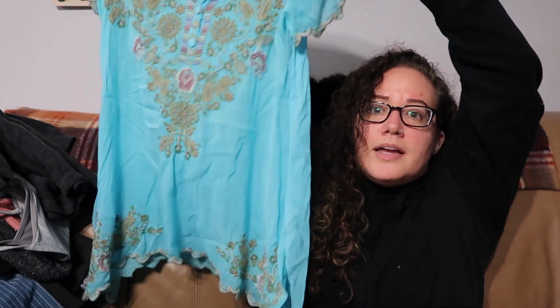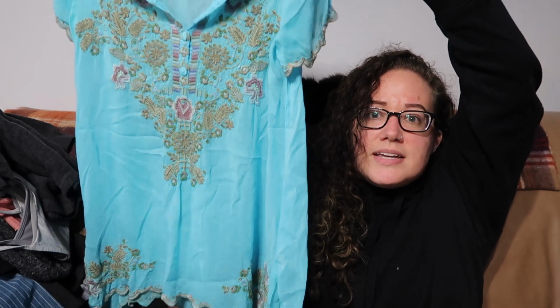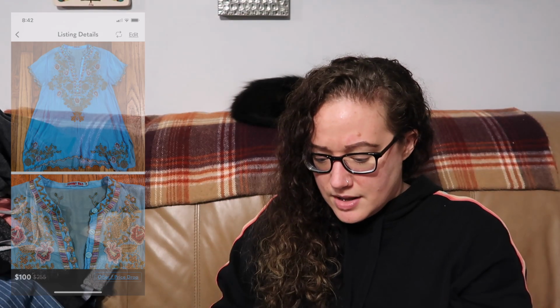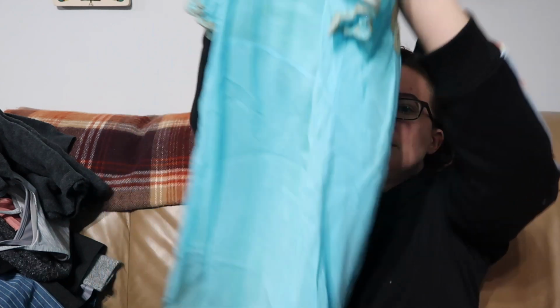So Johnny Was, size small. It's beautiful, as all Johnny Was is. Heavily embroidered, has buttons. I forget the name of this. I want to say it's cupro rayon also. Yep, cupro rayon. Does have an extra button just in case. But yeah, this thing is gorgeous. I have never found a Johnny Was piece that isn't beautiful, and it usually sells fast for me,